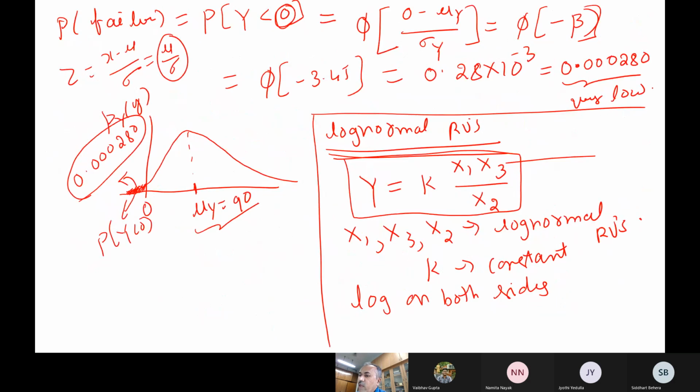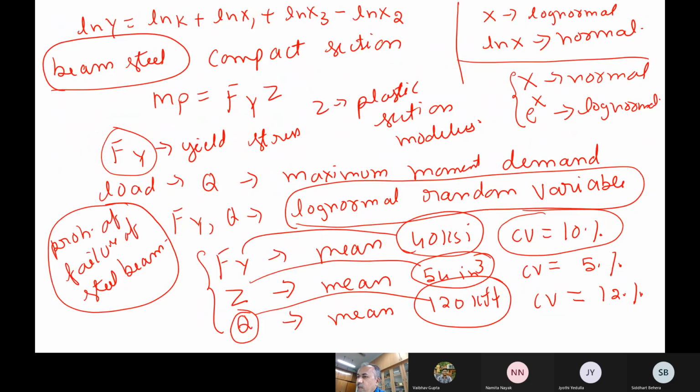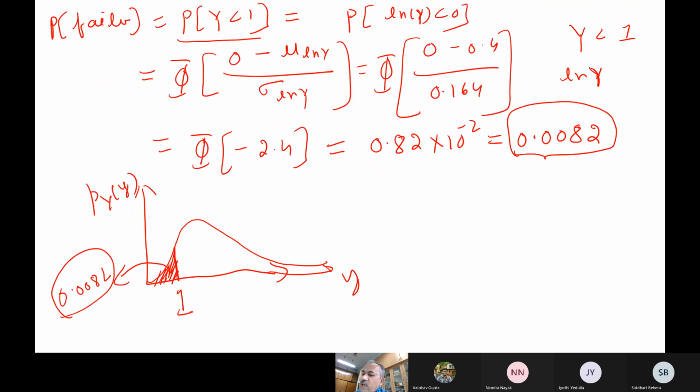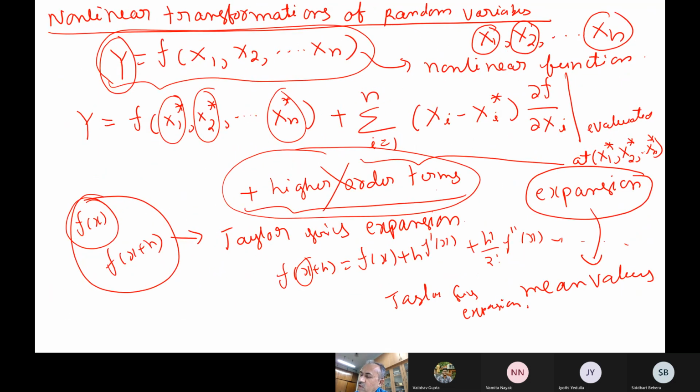And finally when there is a linear lognormal case, we have also seen how to handle the performance functions. Sometimes we can write R minus S, or the ratio R over S less than 1. And when there is a nonlinear transformation, what did we say in the last class, what was the most important thing? Nonlinear means, how did we convert this into a linear?